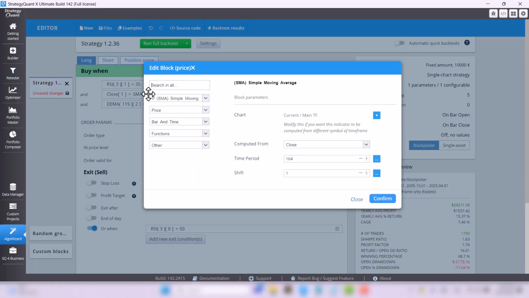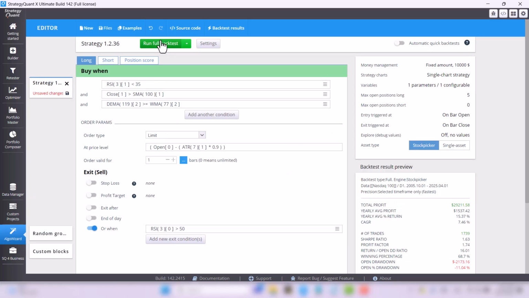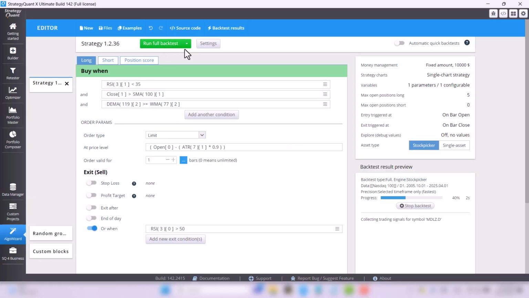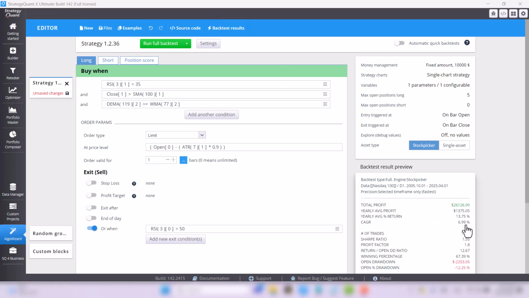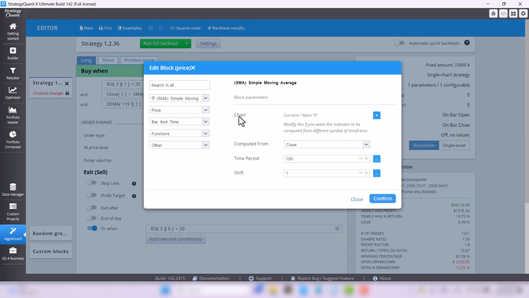I've got a simple moving average here of 164. First of all, again, I'm going to try to reduce it by a third or about 25, and I try a value of 100. Again, we see that the original profit factor before was 1.75, and now it's even higher, 1.8. Now I will add some 25 more percent, so I will try to change the value to 200.